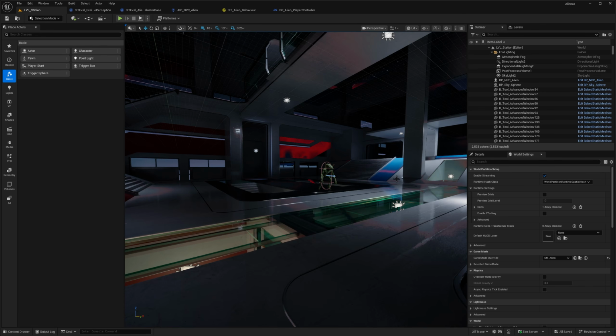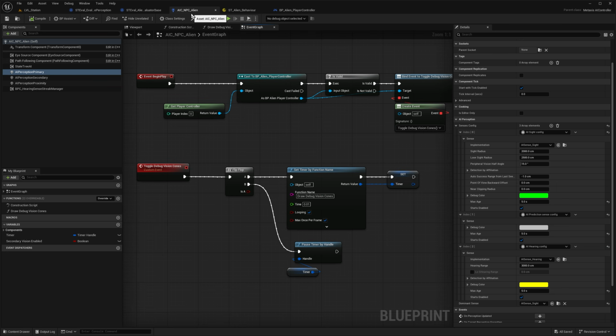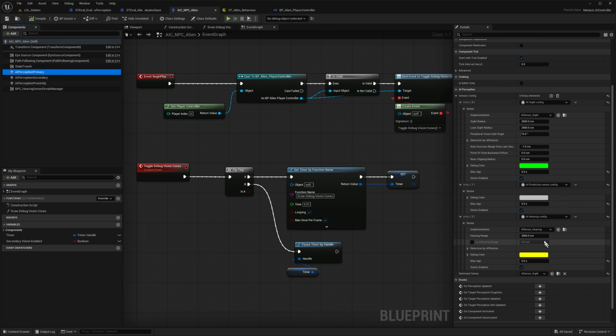Now, I have just done some testing and I realized that there is a bit of an issue here. We actually have two problems. The first problem is quite easy to solve. If we go to our AI controller, the AIC MPC alien, in our AI perception primary in the hearing config,